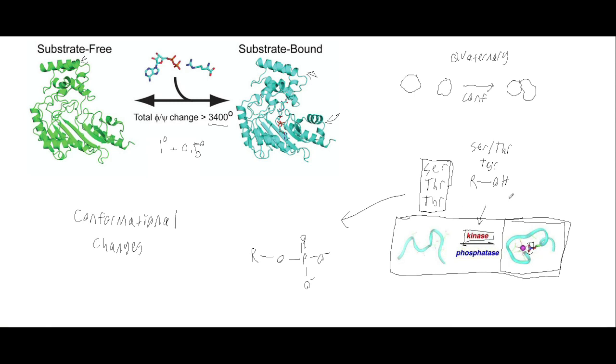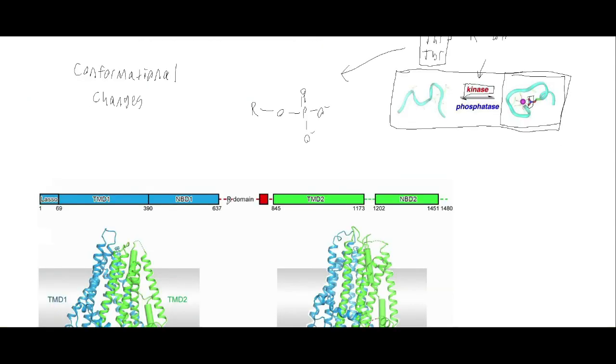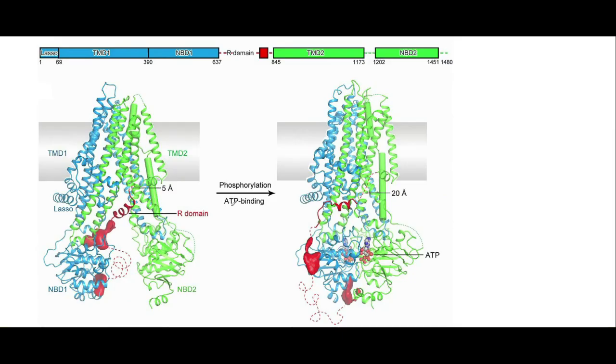And we'll get more into how this regulation occurs once we get into the biochemistry, because a lot of biochemistry is this sort of regulation. This is a huge part of biochemistry and metabolism and things like that, this phosphate way of regulating protein function. And we can look at an example down here. So this is a type of